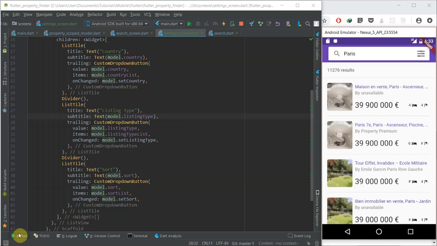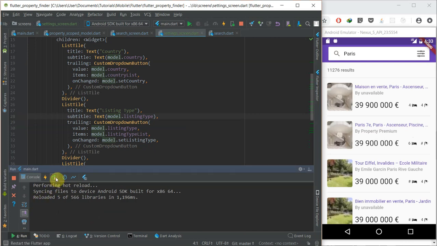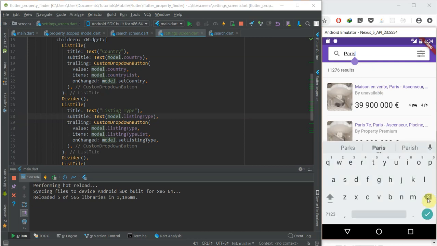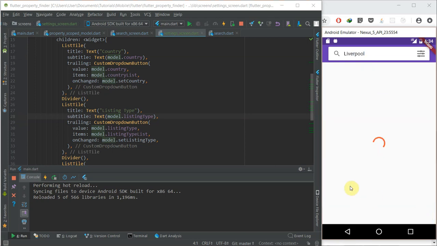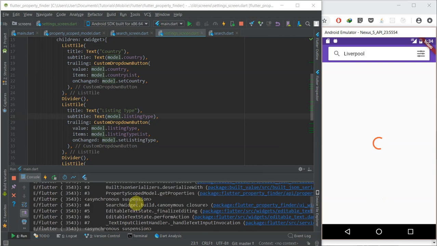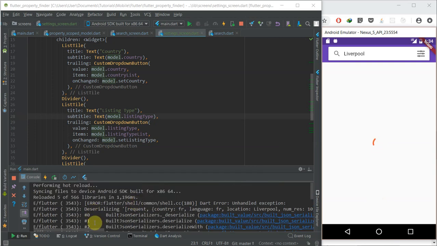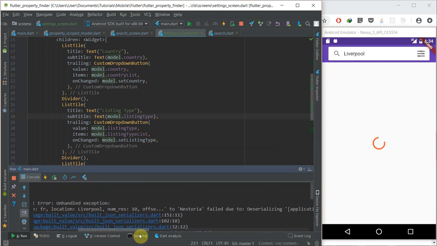If I do a hot restart, okay, let me do something. Let me search for Liverpool, and see what happens. It's going to give me an error from my built value. Yes, so you can see it's having a problem deserializing, because if I come over here, I'm looking at this